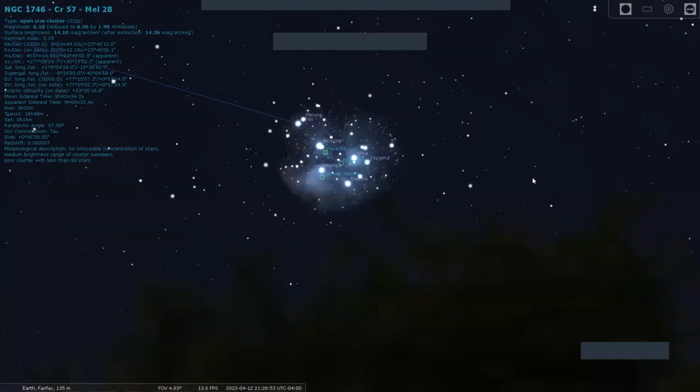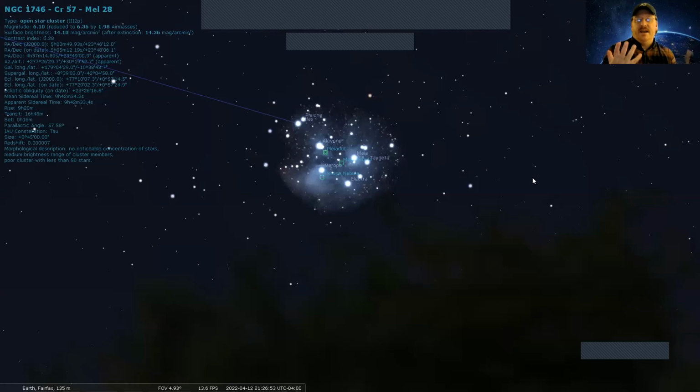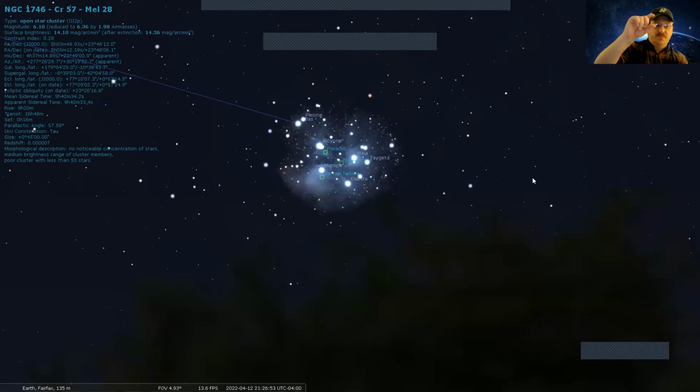Sweet. So as you can see, there are a lot of stars here. In terms of clusters overall, it's actually a fairly small cluster, but because it is close enough to us, around 400 light years away or so, it looks fairly large. It's a naked eye object. It's something you can see with your naked eye. And so if you look in that part of the sky, you would see